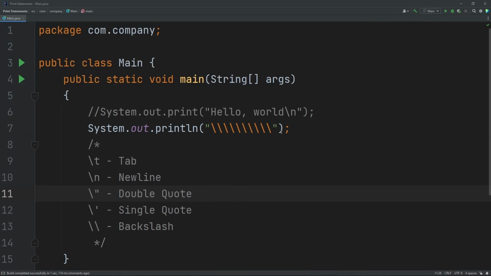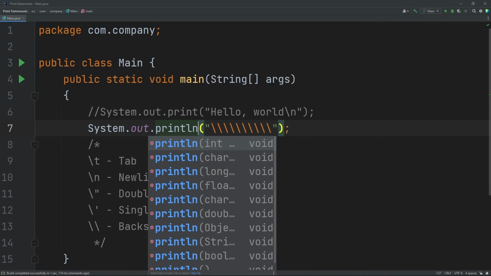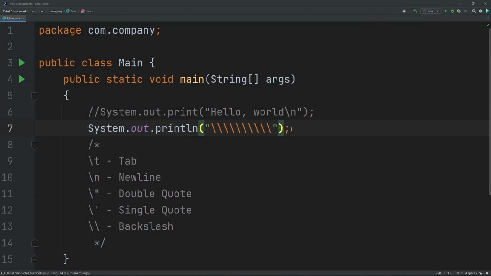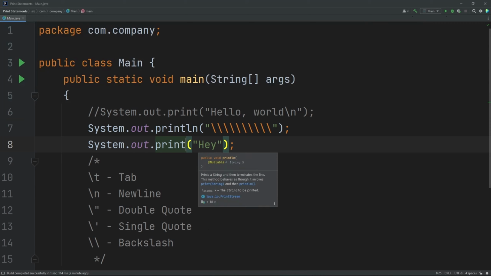Now, lastly, the difference between a system.out.println and just print is that ln will add a new line after this code has been executed. So if I have this here, and if I want to add another print statement down here, and let's just put hey in here. And let's remove ln from here because I don't want to create a new line after this is done. So now when we hit run,